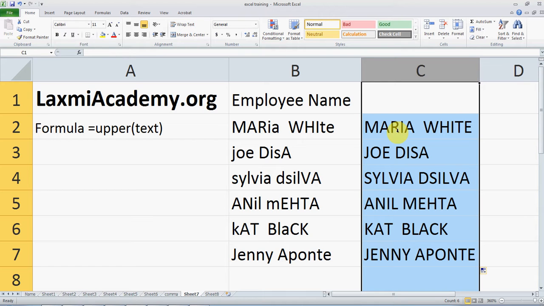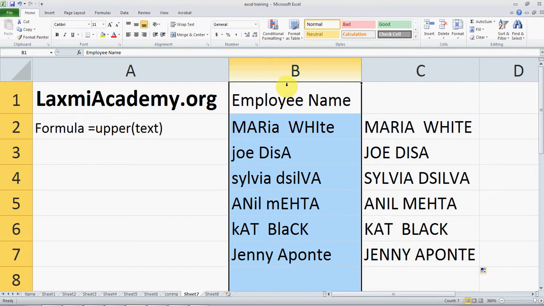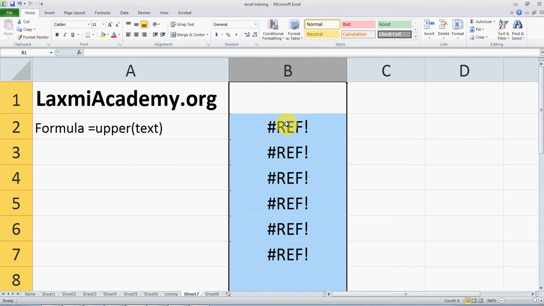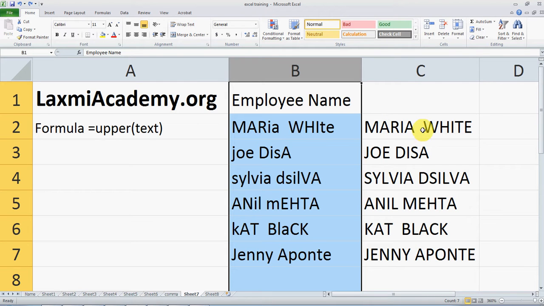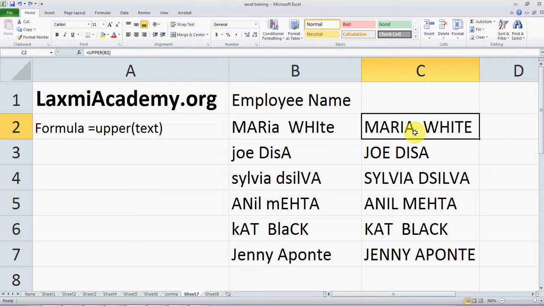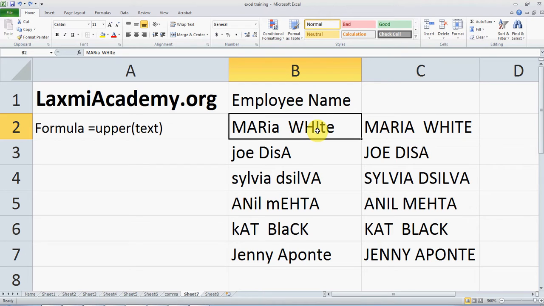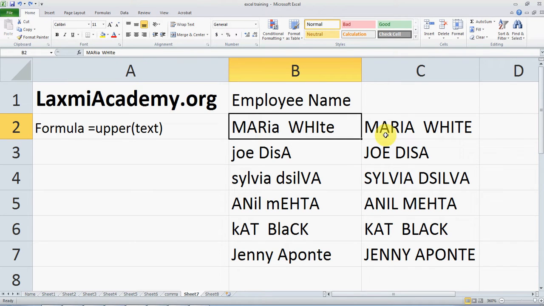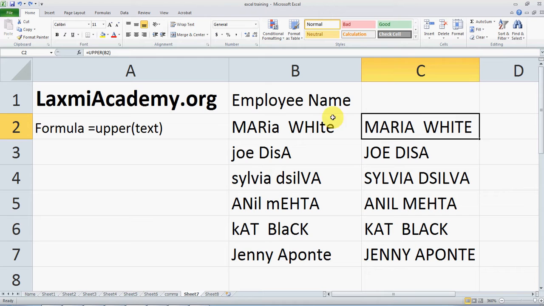Now you already have the data you want, so you go ahead and delete the original. And oops, you lose all the data. The reason is that the cells don't contain data, they have a reference to column B. Like this one is a reference to B2, so when it gets deleted, it doesn't have anything to look for, because it looks at cell B2 and changes the text to uppercase.